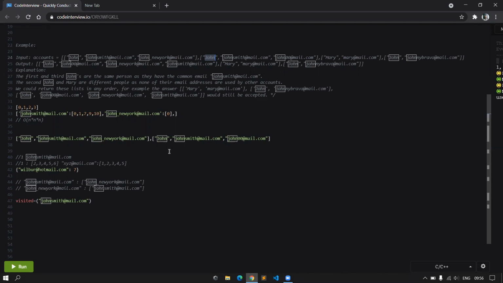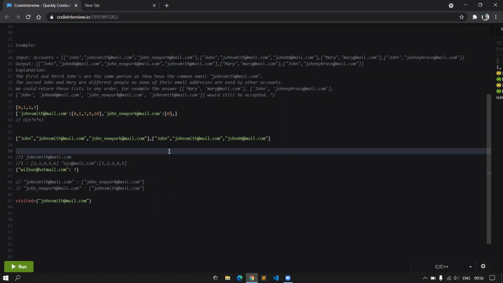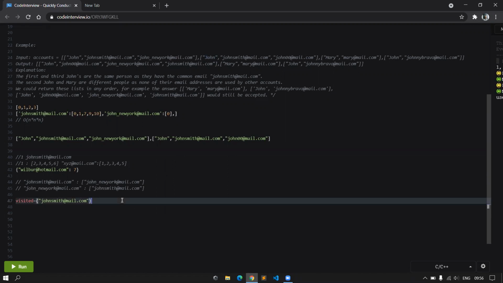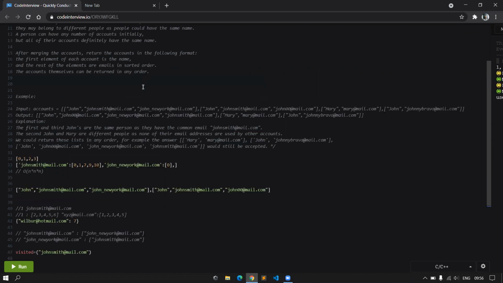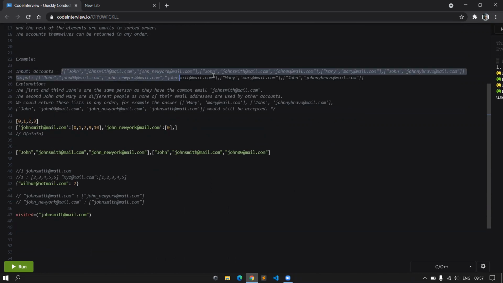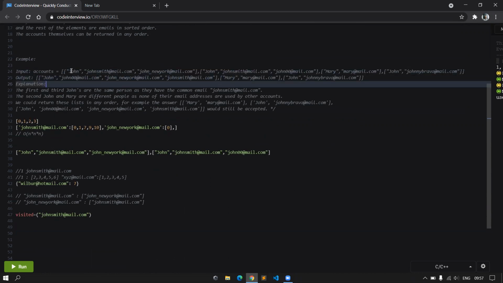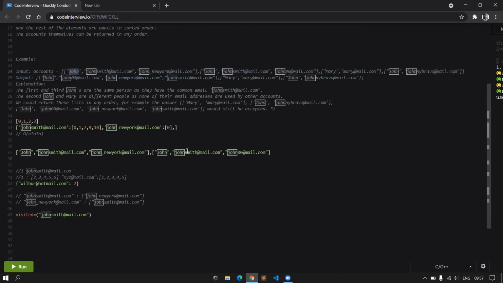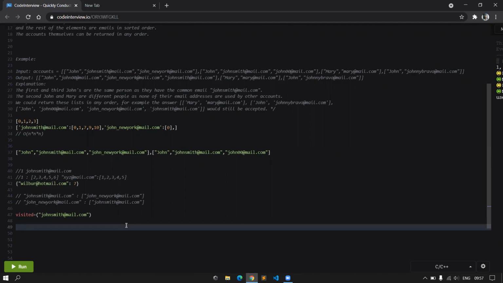I think you jumped ahead a couple of steps. The visited thing is fine, but what are you actually going to do to traverse the graph? Yeah, so now to traverse the graph, we will start iterating through the account list. Wait a minute, we built this graph. Why are you now going back to the account list? Why don't we focus on the graph?